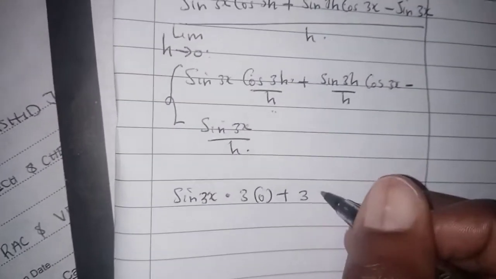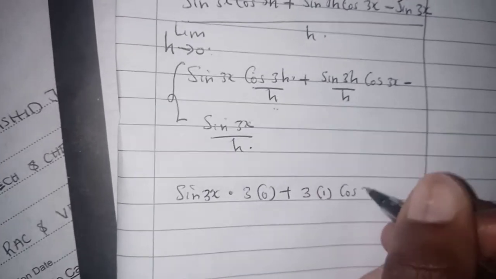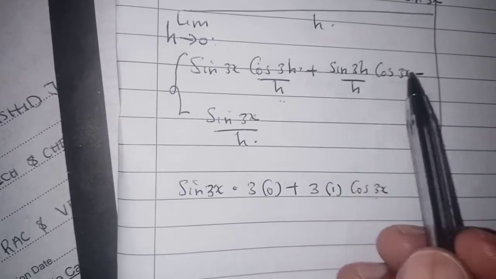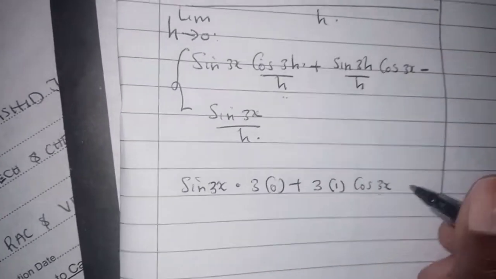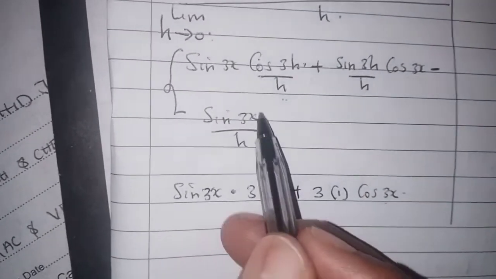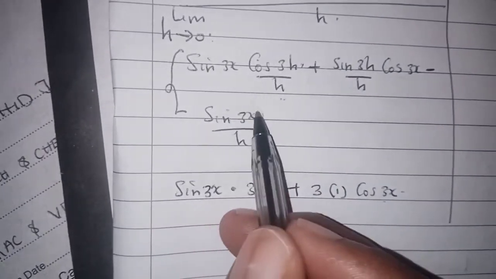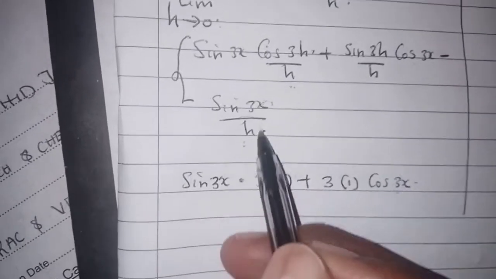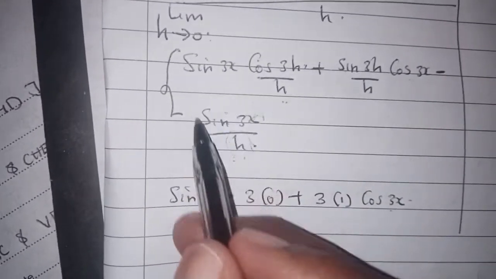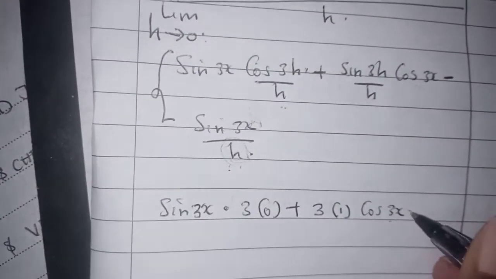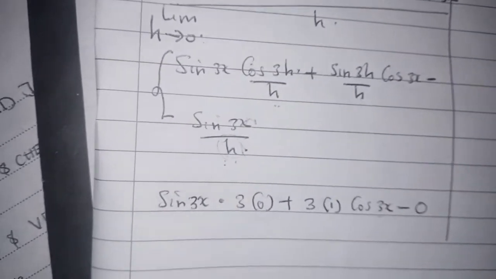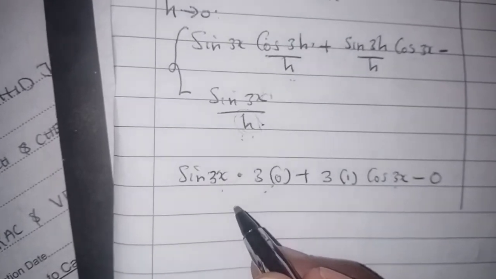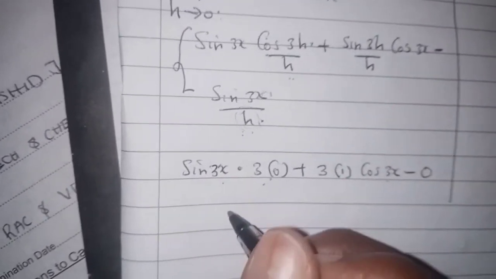Then it will be 3 multiplied by 1 multiplied by cos of 3x, because 3x does not vary with h. Finally, the limit of sine of a number which is not h, when h approaches 0, automatically becomes 0. Then we minus 0. Therefore, 3 multiplied by 0 will give us 0. 0 multiplied by sine of 3x will also give us 0. Therefore, dy